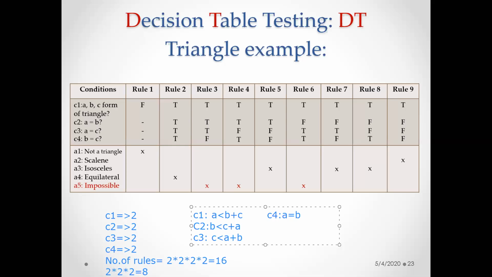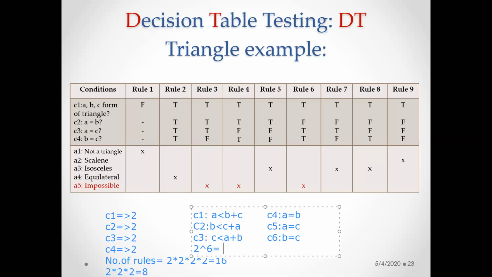A equal to B. C5 will be one and the same: A equal to C. C6 will be one and the same: B equal to C. This is how we can make it. Now with respect to this, the rule set will have 2 more things added, right? So 2 to the power of 6. The number of rules that you need to make here is 2 to the power of 6. Why 6? Because 6 conditions are there.